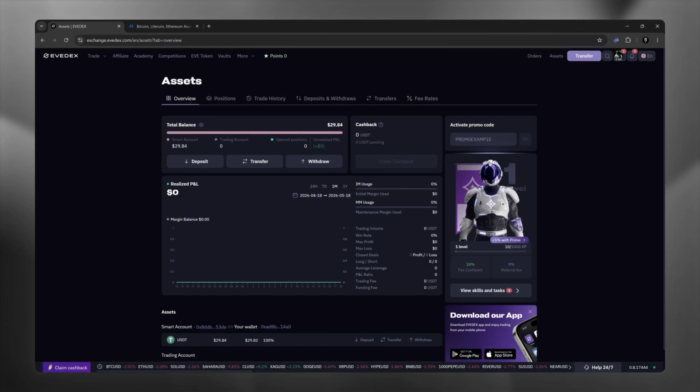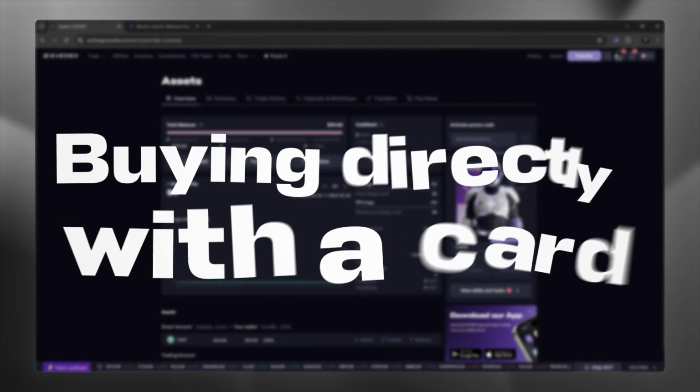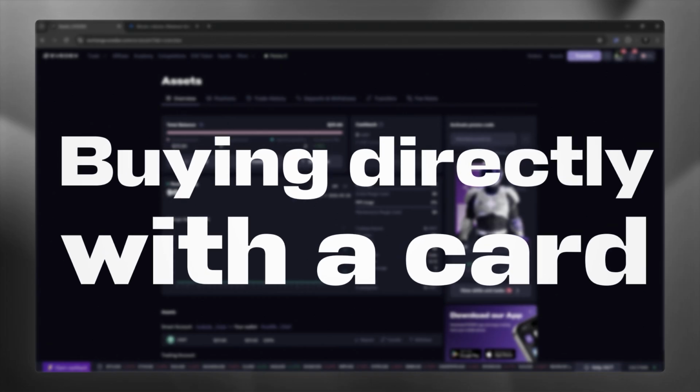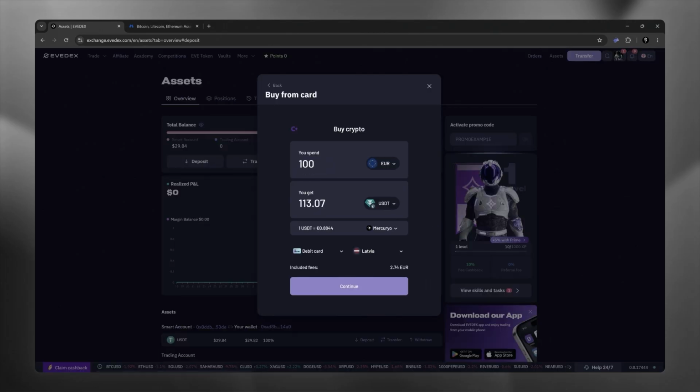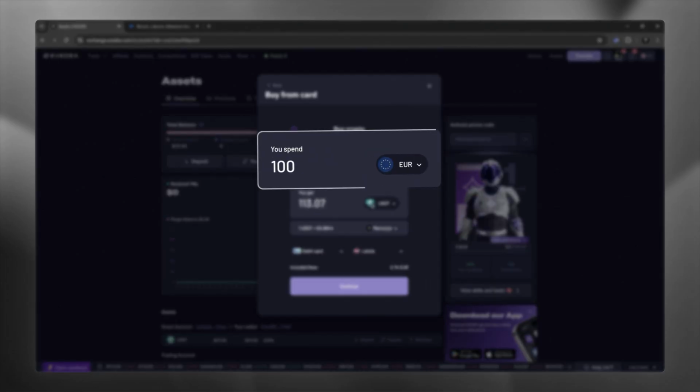Congrats. Alright, last one. And honestly, this is the easiest method of them all. Buying directly with a card. This one's perfect for total beginners who don't have any crypto yet, because you can fund your EVEDEX account straight with regular money. No exchange, no wallet, and no hassle. So let's break down what you'll see here. First, you'll pick the currency you want to pay with and the amount. Then,